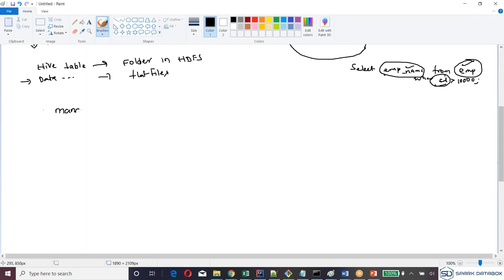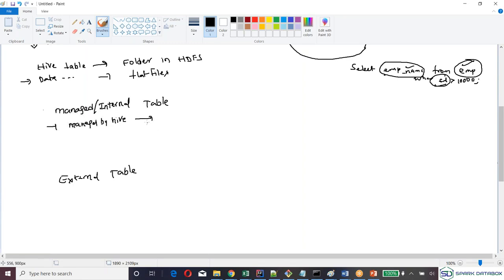Managed is managed by Hive, with full control by Hive.